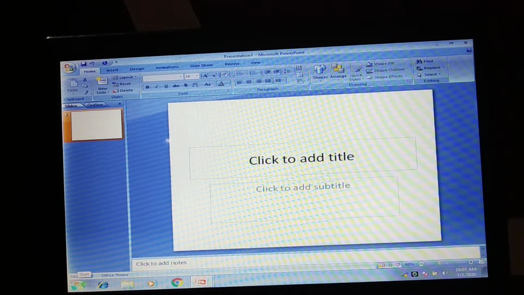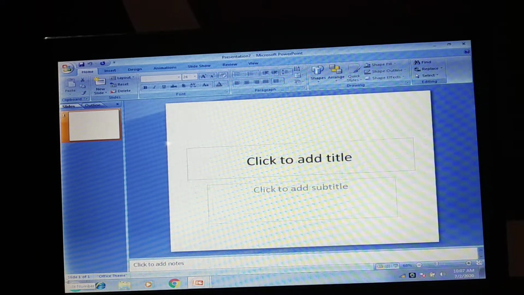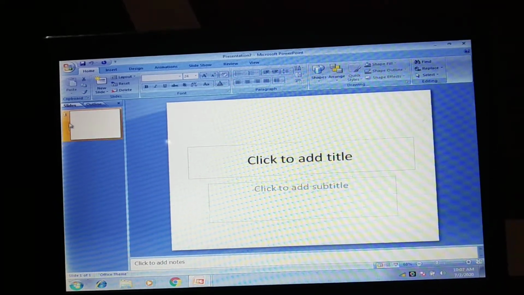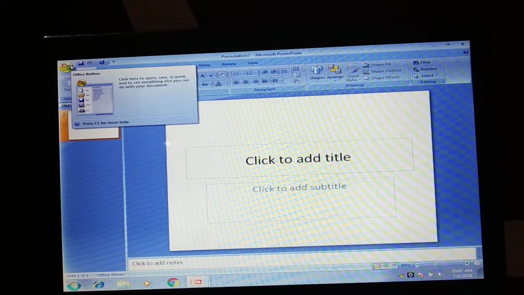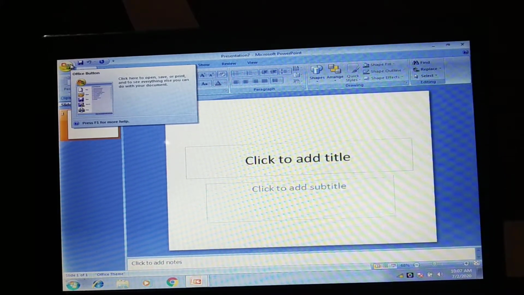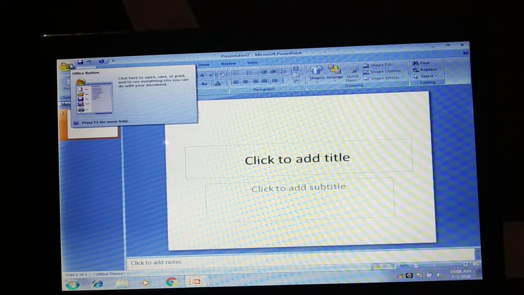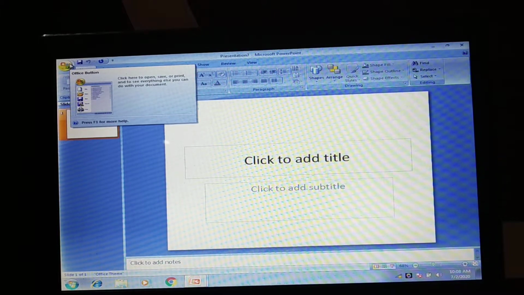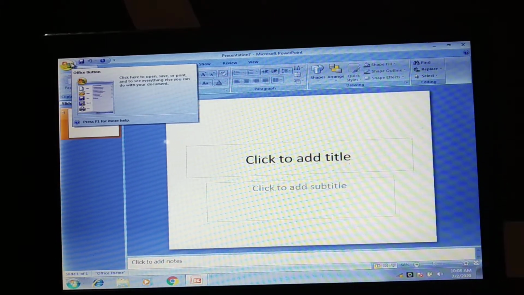Next information is creating a presentation using built-in templates. How do you open this, and what are these templates? First of all, let me explain. A template is a pre-designed presentation. That means it is stored in the computer and designed beforehand. By using these ready-made templates, you can save a lot of time and very easily complete your project. Now let me show the steps of opening it.